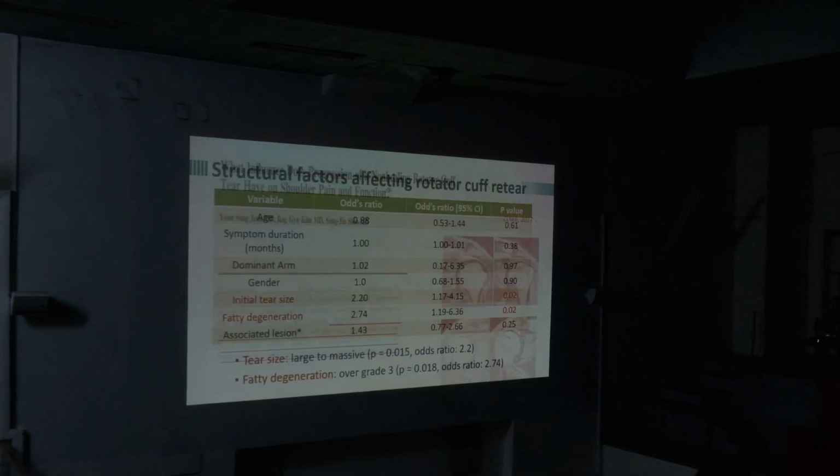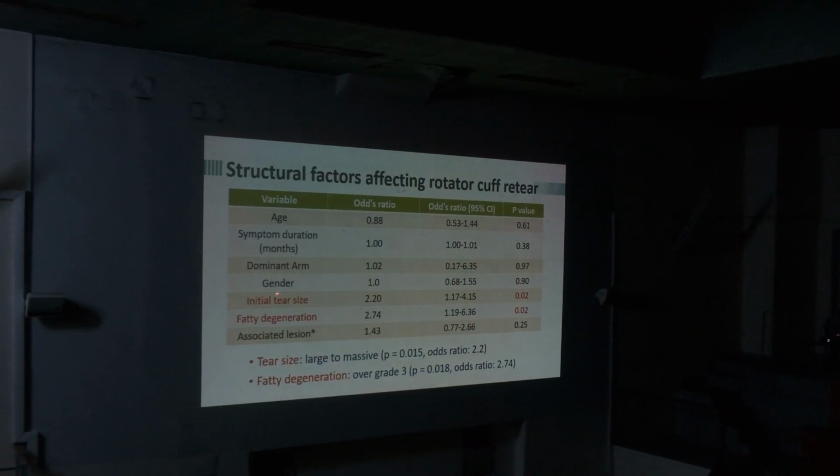So when I see my patients, also initial tear size, take the retracted tendon to the lateral part of the foot bridge. Why? The arthroscopy is similar, but what causes these differences? So preoperative recoverability is very important. It's the first step to avoid the retear. So there are many assessment tools being used